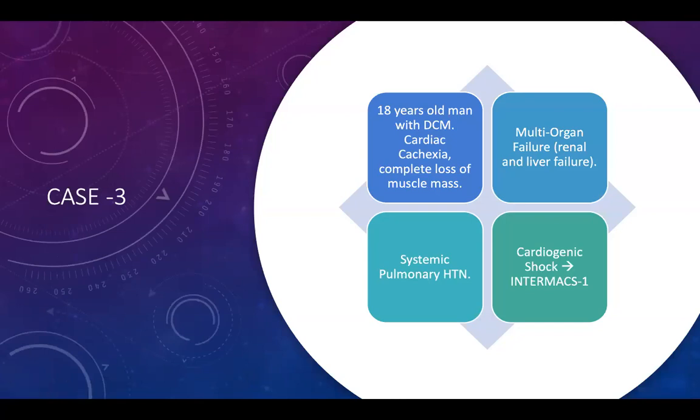So after the ECMO, I need to see where he will go and to test this pulmonary hypertension. Also, he's cachectic. I need to work on the nutritional status of this patient. Then I will prepare him either for transplant or, according to the pulmonary hypertension, is it reversible or not reversible? If it is reversible, that means either he will be listed for LVAD or he will go to the transplant according to the availability of transplant.